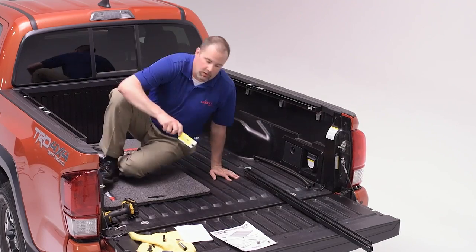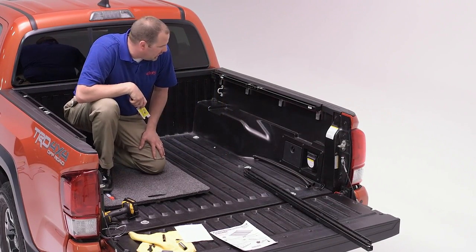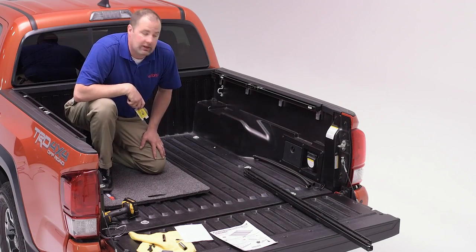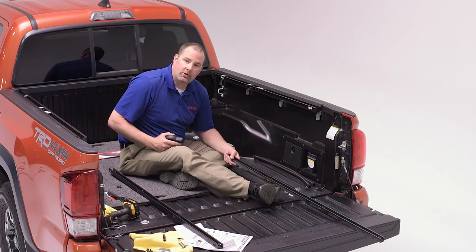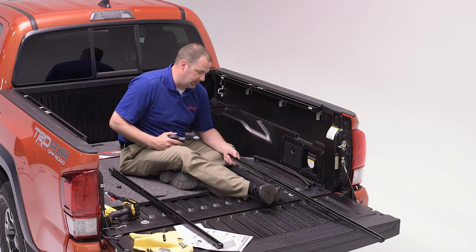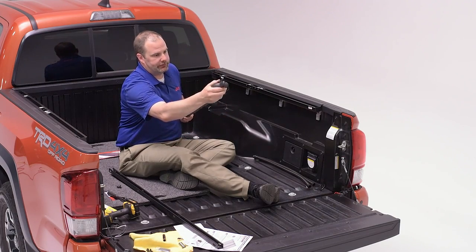Now we'll get ready to mount the Toyota cargo management system back onto our side rail brackets, and then we'll lay the tonneau into position. Now we're going to remount the cargo management system back onto the Tacoma. What you want to do is make sure that any tie-down cleats are inserted into the rail system